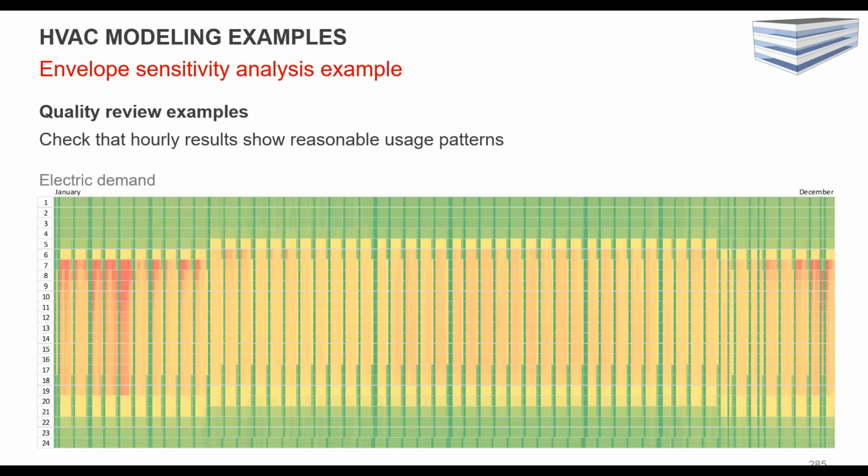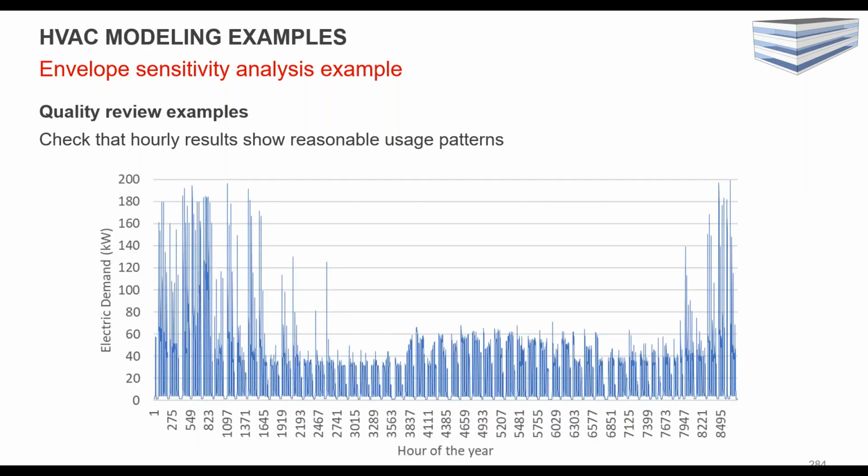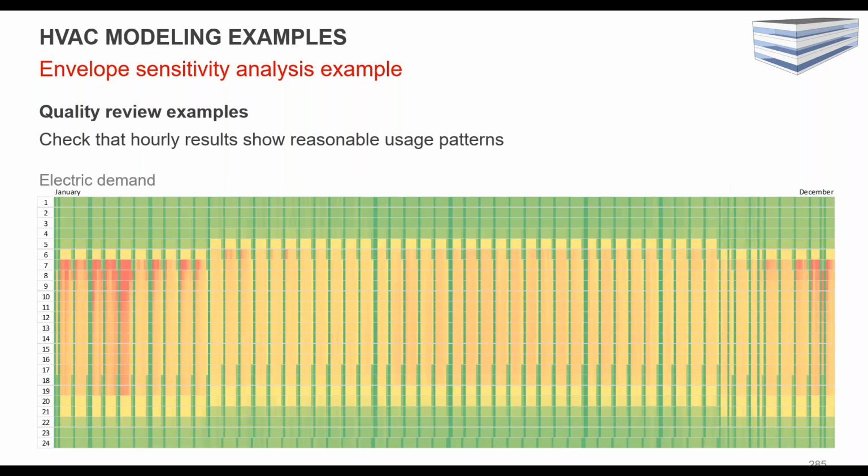And then this is another way to visualize the data. This is just looking at electric demand, but in a chart to look at time of day. So again, it's taking this linear plot and putting it on a surface plot to see exactly when those are peaking, right? And you're seeing that they're peaking in the mornings during warm up in the winter, which is when you would expect the system to be hitting its peak.